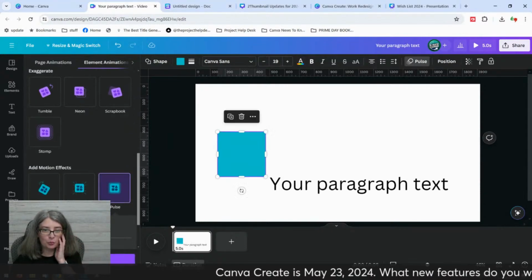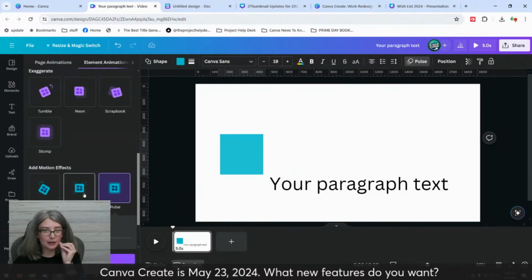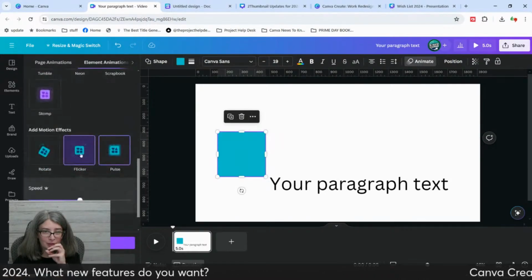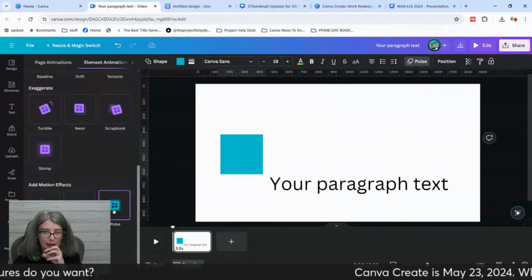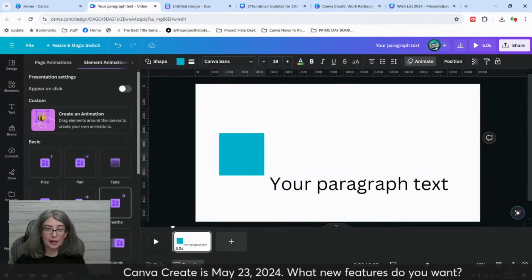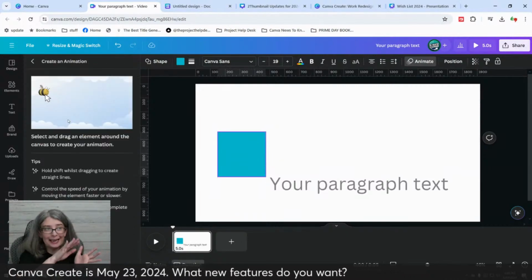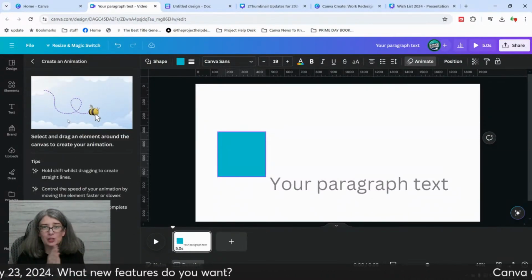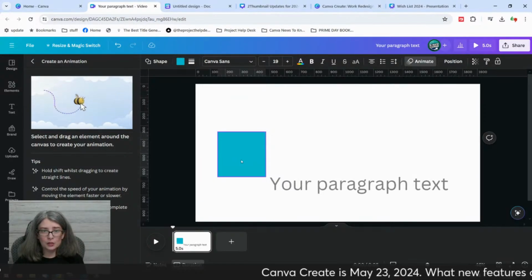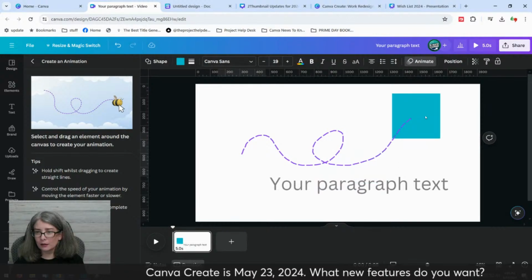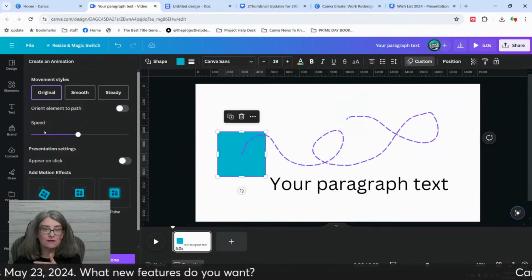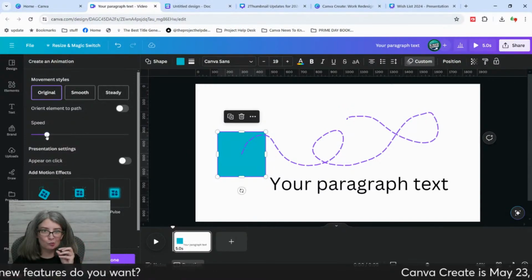But yeah, and what's really great is with these, you can actually combine the motion effects. So it's just really cool. Let me remove that animation and let me remove that one as well. So that's one type of animation. You can even create an animation, and this, I believe, was featured at the last Canva Create, where you can hold and drag an element around, and it will go as fast as you dragged it.